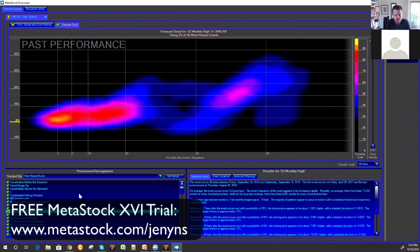You then go over to the forecast cloud tab, and this is a visual representation of what the instrument has done when 52-week highs have happened in the past. So what we're looking at on the left side is percentage price change. At the bottom, we're looking at that price change over time. So day one is right when the event happened. And then on the right-hand side, you're looking at basically a heat scale. In other words, the confidence, the higher likelihood. I can't say probability